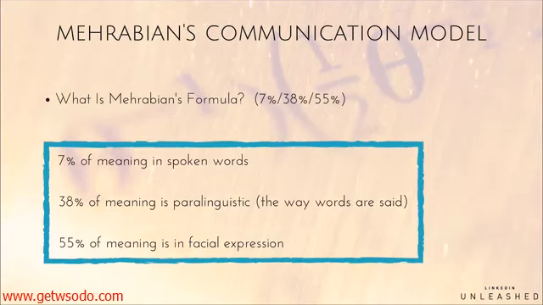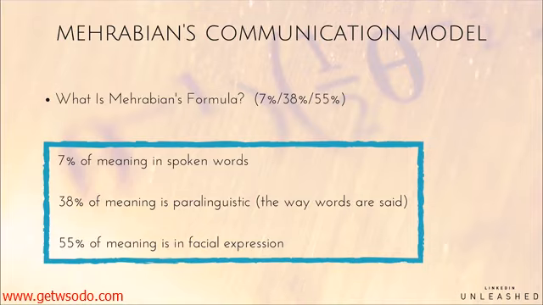Mehrabian's communication model, obviously this is a very simplistic version, and I'm going to explain why this is relevant in a second. But basically this breaks down that it's so important how you communicate, not so much the words that you say, but how you say them and how you express yourself, which is why in some of the later modules I'm going to go through how to do video outreach with you, and this really helps you connect and engage more with prospects than just having the words in a conversation. And that would be one of the main ways that you can actually connect with somebody and move them off onto a sales call, a video call, or an in-person meeting,